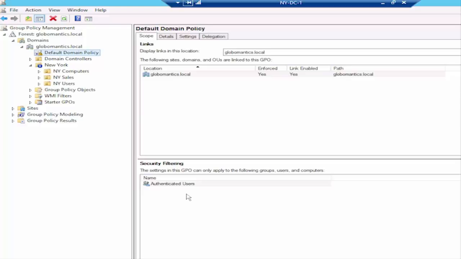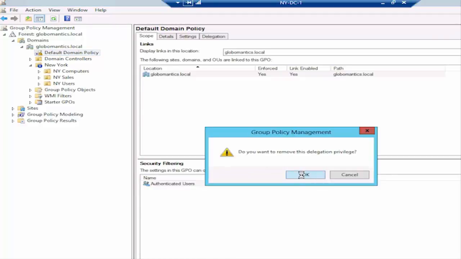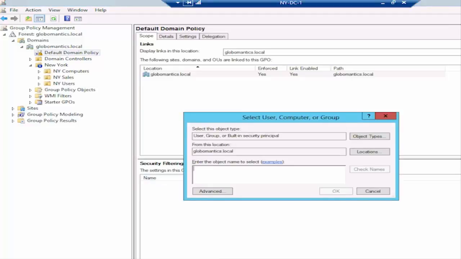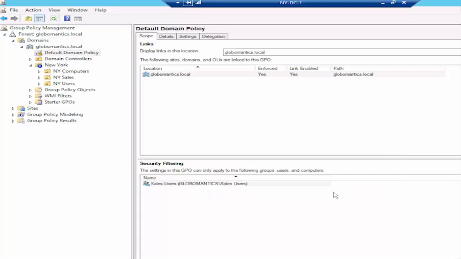You'll see that by default, it's affecting all authenticated users, but we don't need it to. We could remove authenticated users, and we could add in, let's put in sales users. Guess what? What we've just done is we've made it that this group policy object is only going to affect